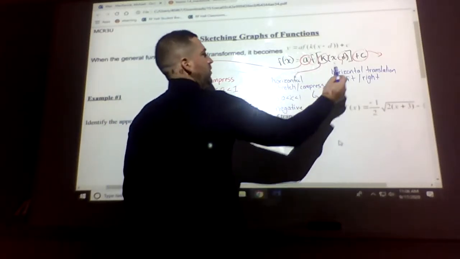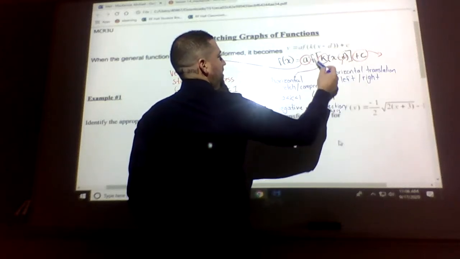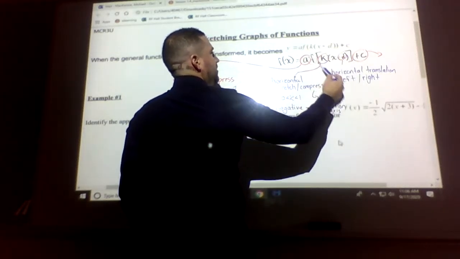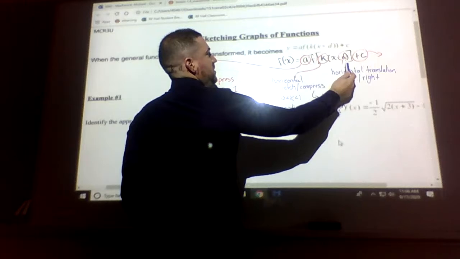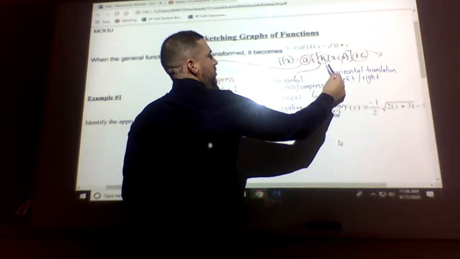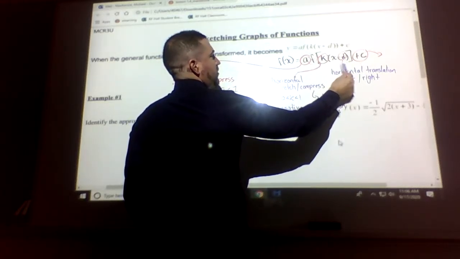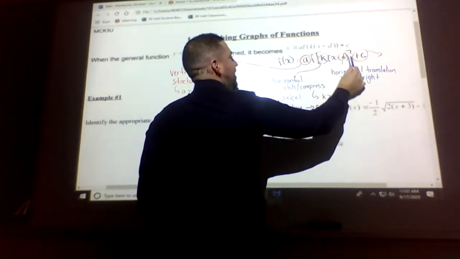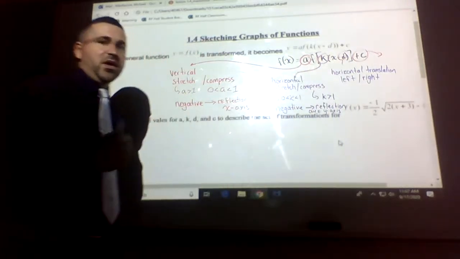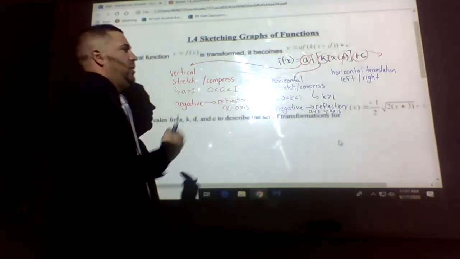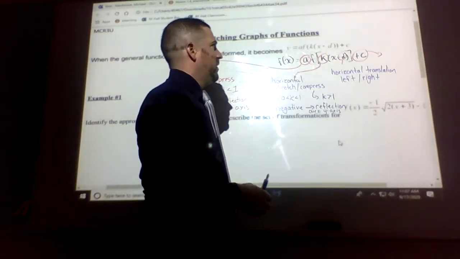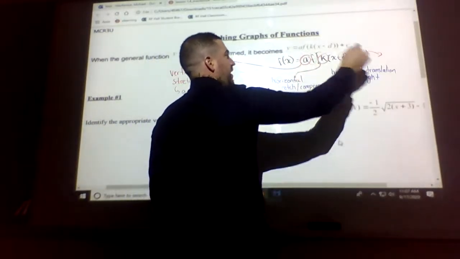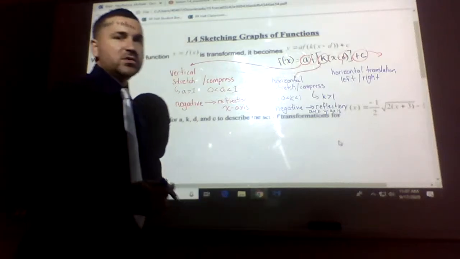A quick thing to remember, that anything within the bracket here, the K and the D, deals with horizontal translation. So this is the horizontal stretch and compress. This is the translations left or right. So anything within the big bracket has to deal with your X values, because it's horizontal. And if it's outside the bracket, like your A and C, then we're looking at our Y values or anything